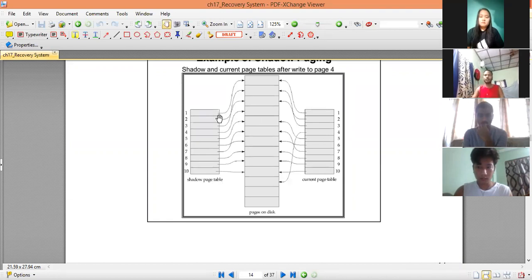Okay, so in case of failure, let's say the current page table is being updated; that update may not be reflected to the database.